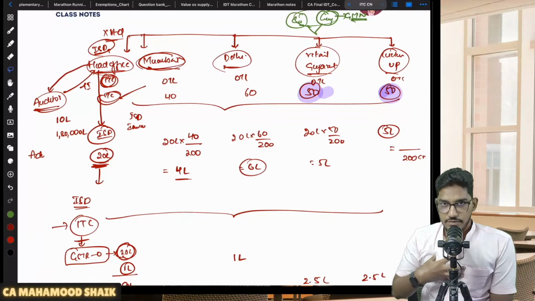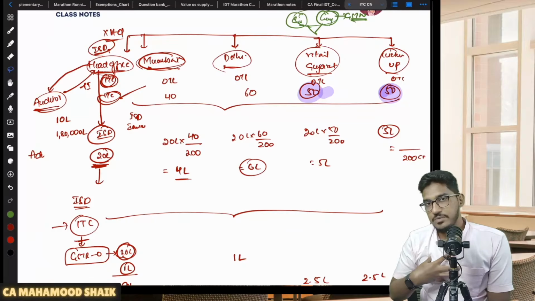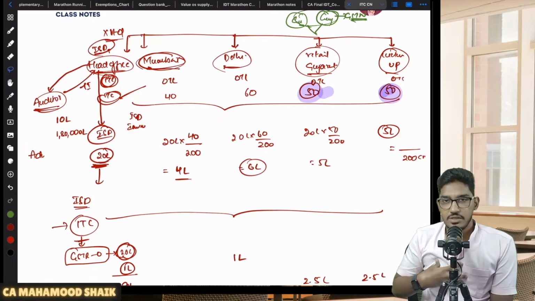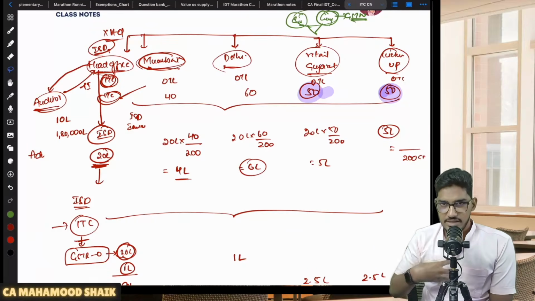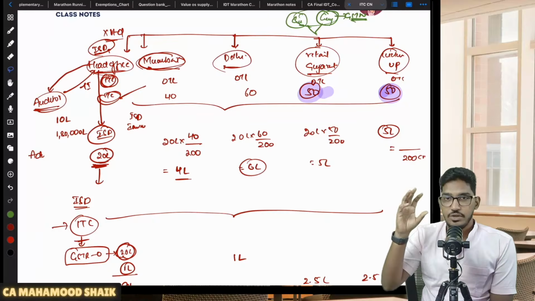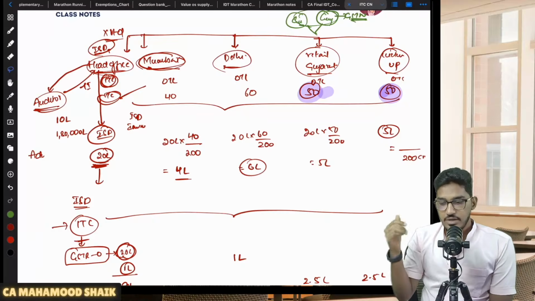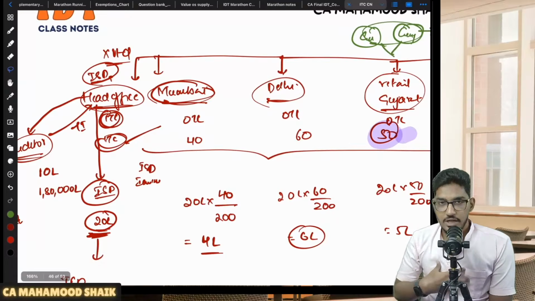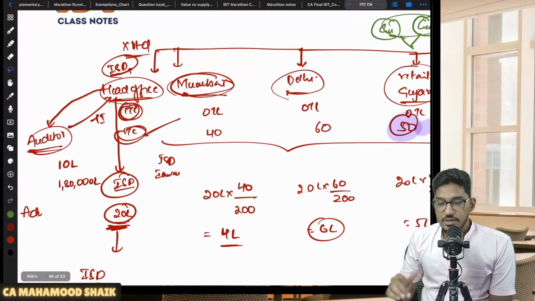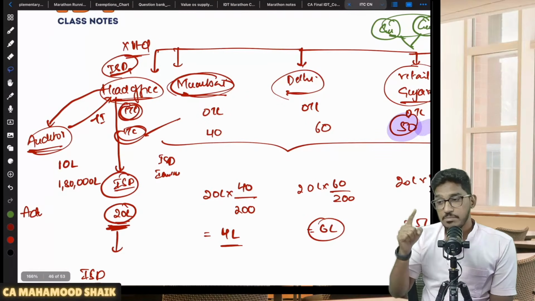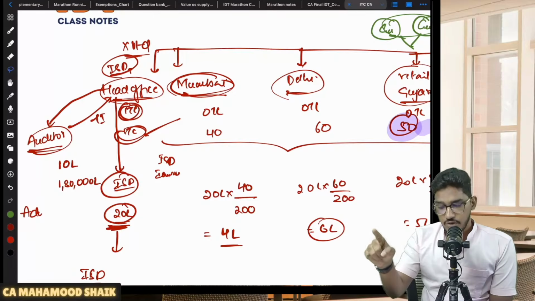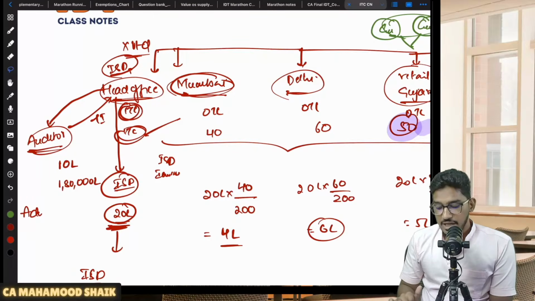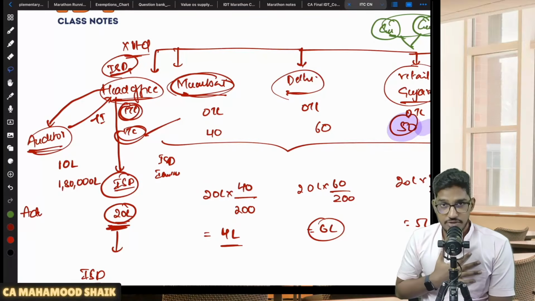But these head offices will get various supplies in the name of the head office. They purchase various goods. They get various services. Let us say at the head office, they received some audit services. For the company as a whole, there is a company X Limited. They have appointed an auditor at the head office, and that auditor is charging 10 lakh rupees for audit of the company as a whole. That auditor has given an invoice amounting to 10 lakh rupees with 1.8 lakh rupees of GST, mentioning the head office GSTIN.